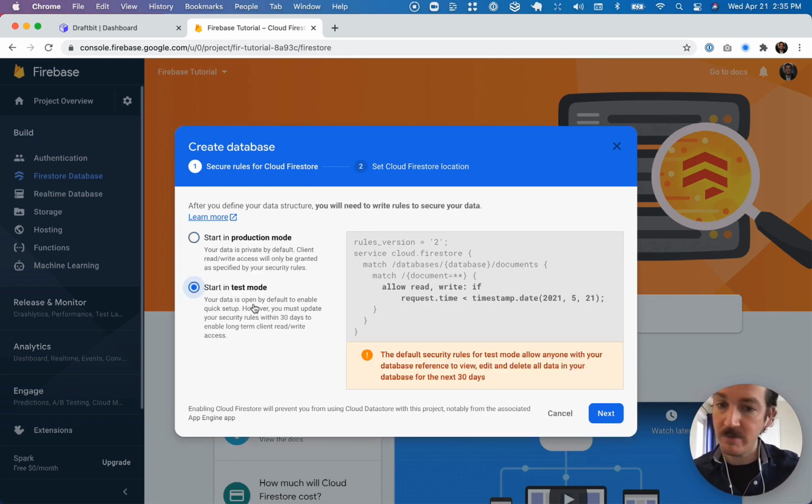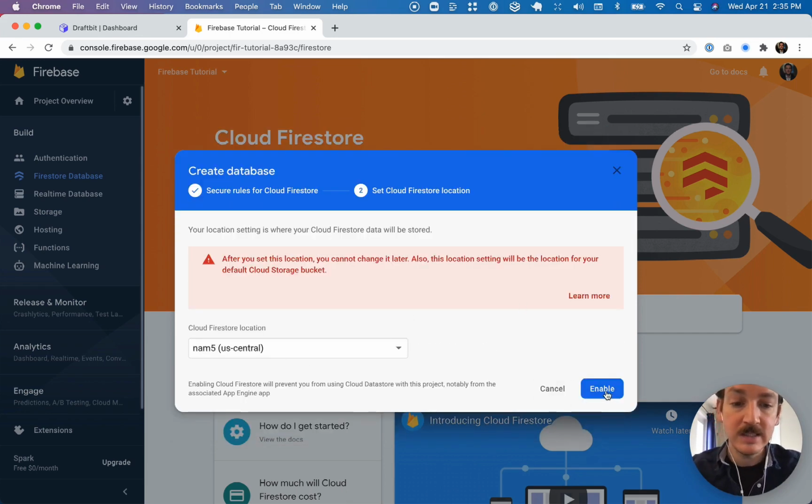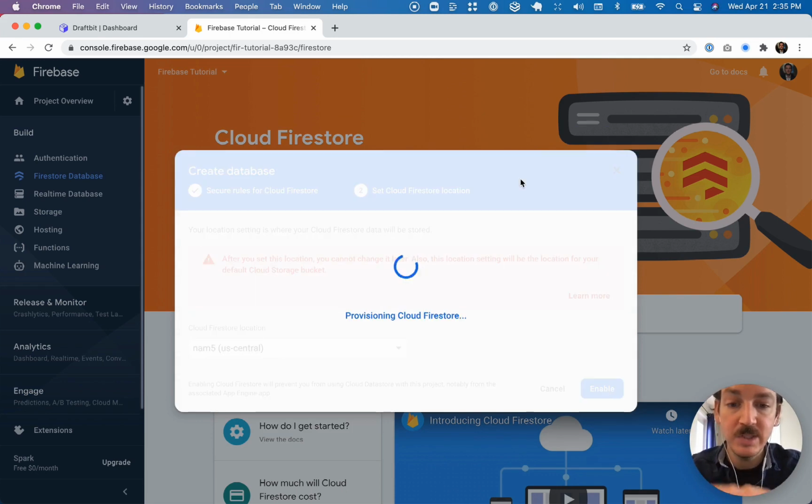It opens up everything. The only caveat here is that it only does that for 30 days. So it's really good if you want to get started, do a little demo, set things up. But keep in mind that it will stop working in 30 days if you don't change anything. So for now, it's perfect for us. We're going to do test mode. That's what we recommend people starting with. Select a location, and then it's going to provision the Cloud Firestore,